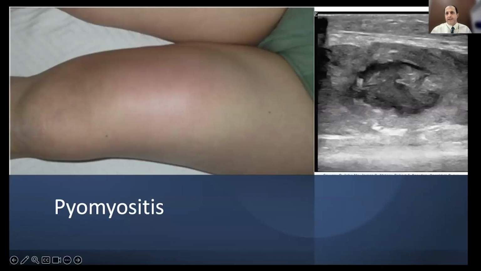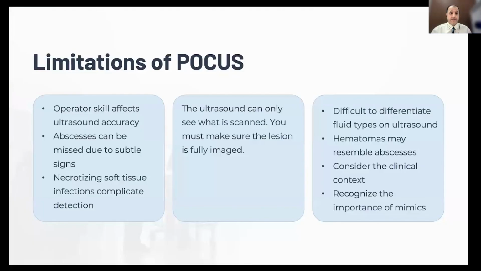It is the dermis and hypodermis, very tiny and echogenic. Here it is subcutaneous, here is the fascia, and here is the muscle. So where is the abscess? Inside the muscles, the muscle's belly. So it is pyomyositis. The management of this case is completely different from the case with simple cellulitis or simple abscesses.